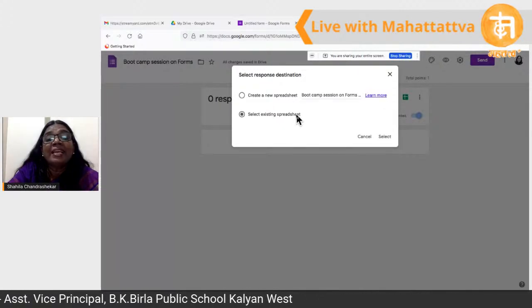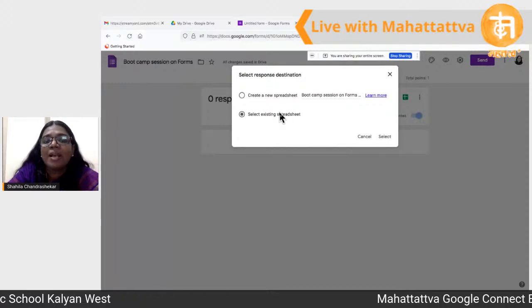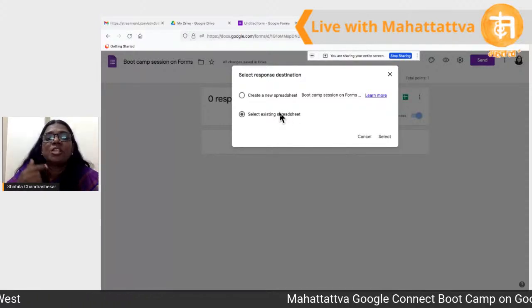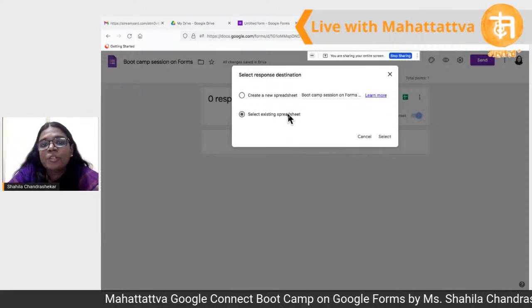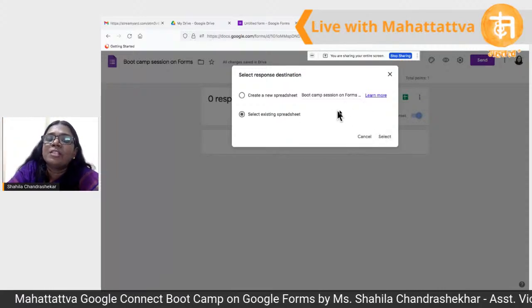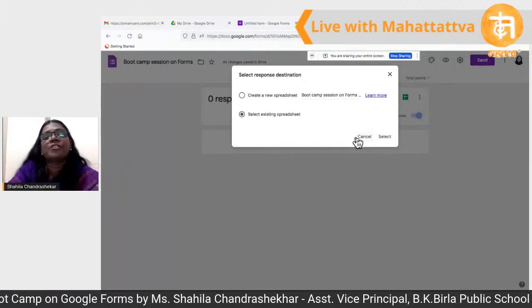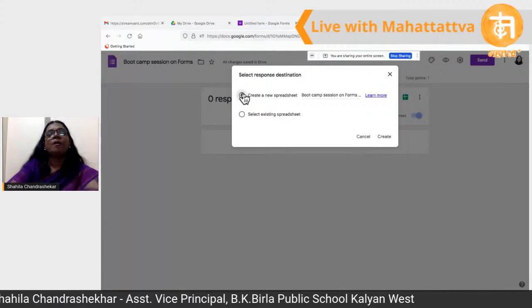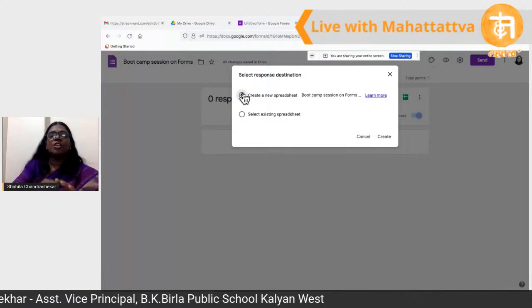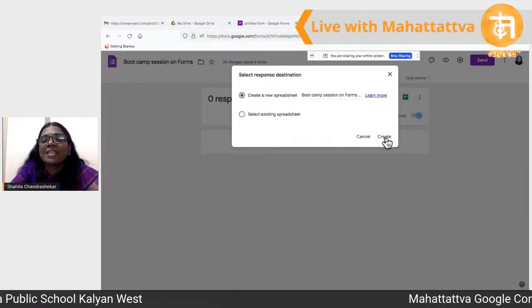In that case, I could select an existing spreadsheet, and it will ask me which existing spreadsheet I would want this form to be added to. So I would select that, and the responses will again get added to the same spreadsheet. So right now, I'm going for the first option because I want a new spreadsheet to be created for this particular form. So I say create,